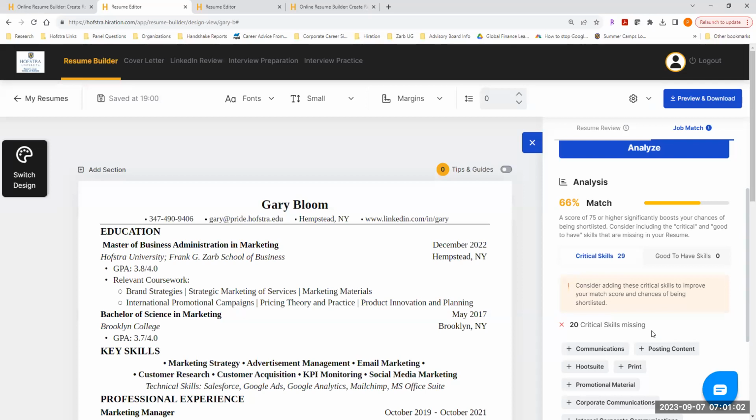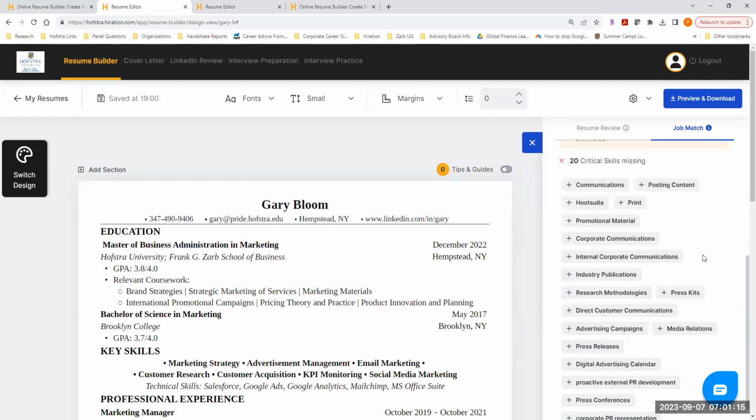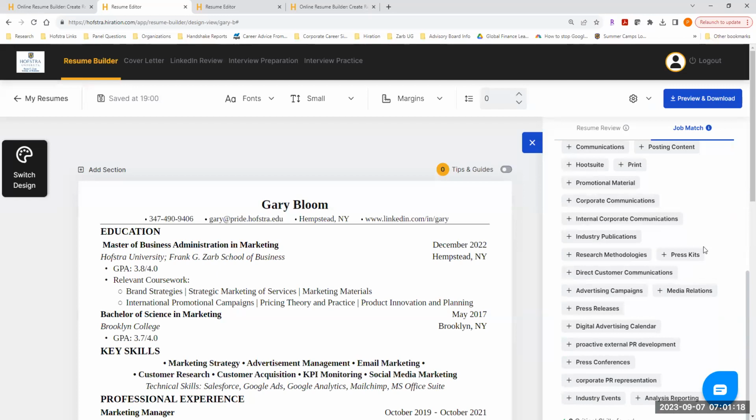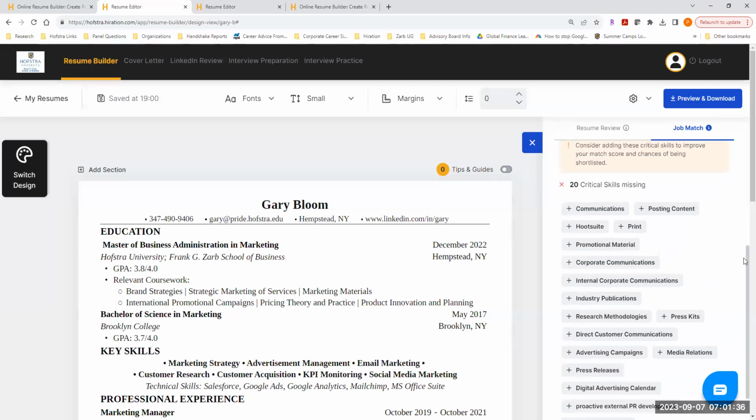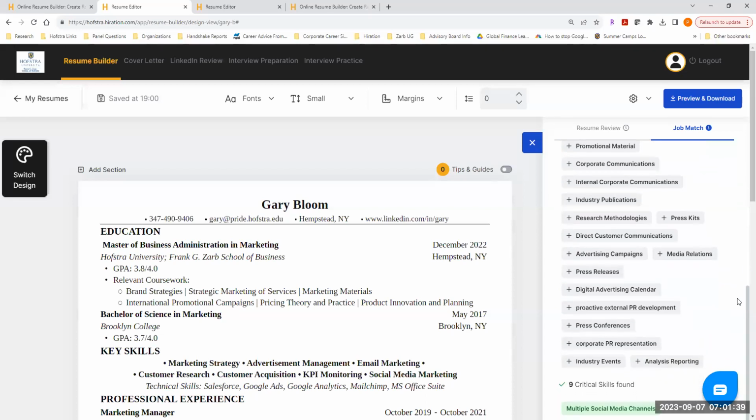So see, it's a good thing now if I were Gary, right, that I ran this, because it's saying score 75 or higher moves you really up on the list. So I'm a 66%. But when you look at the skills that are missing, this is part of what I was talking about before, that different companies are using different terminologies. So you may have essentially the same thing on here that is here, but it's used a different terminology to explain it. So for example, like I have marketing strategy here, and there was, I believe there was